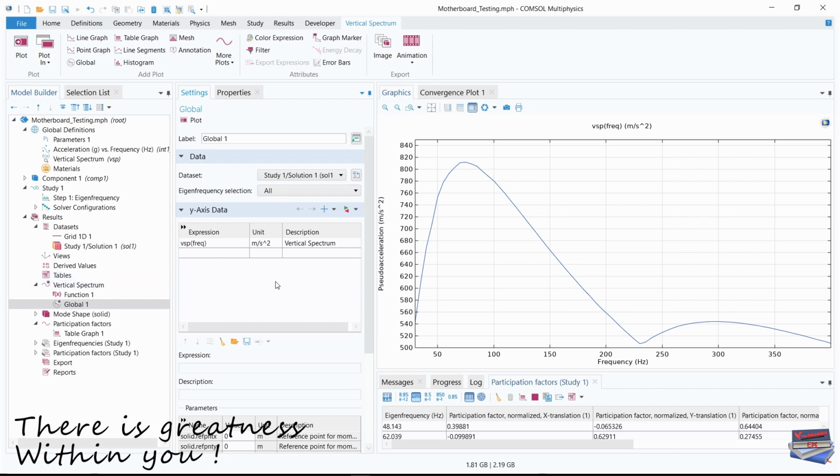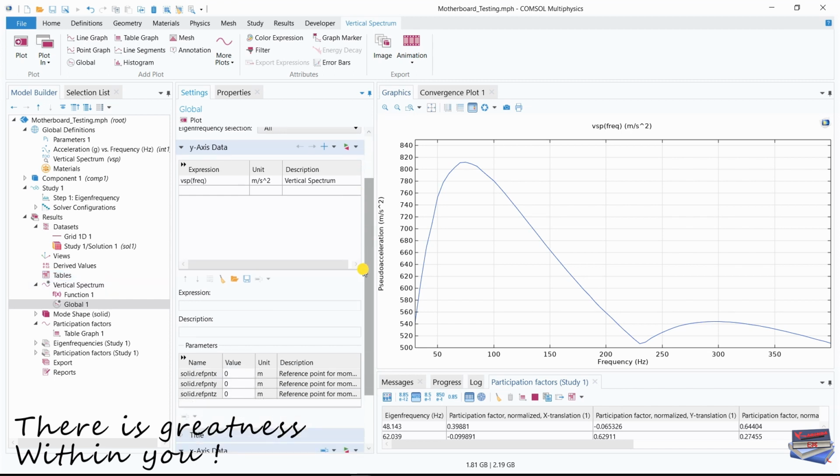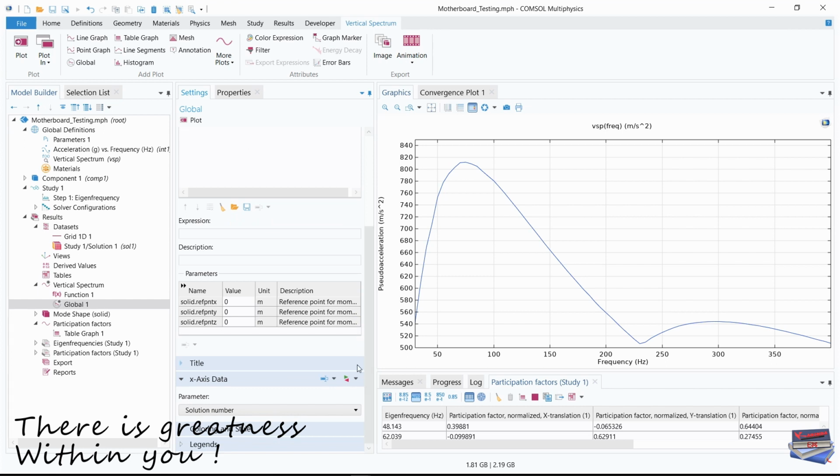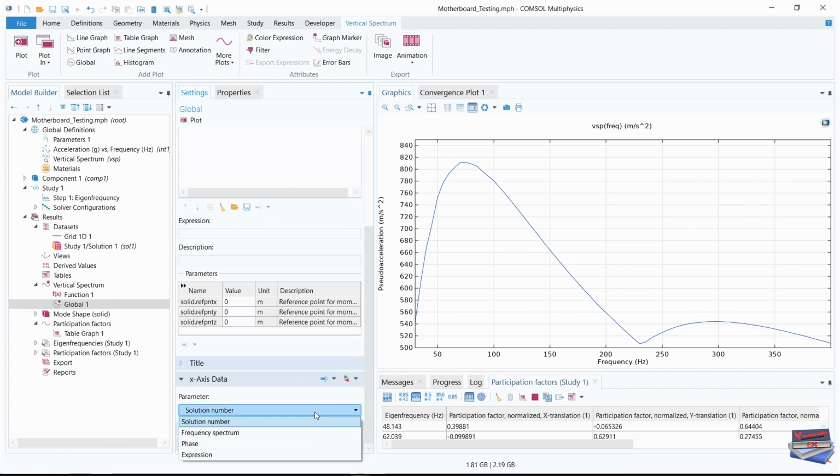Now let's go down to our X axis data, and where we have parameter, let's change the parameter from solution number to expression, and for the expression let's just type FREQ, which is frequency for short, and